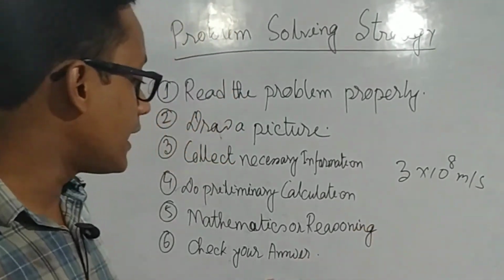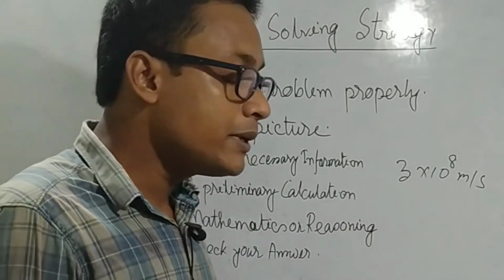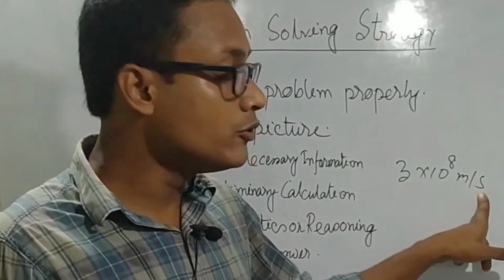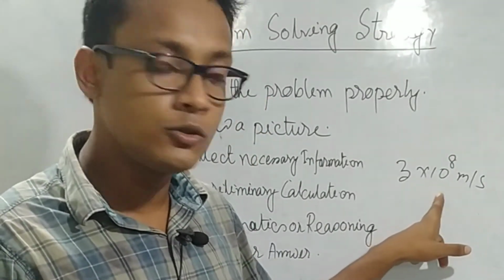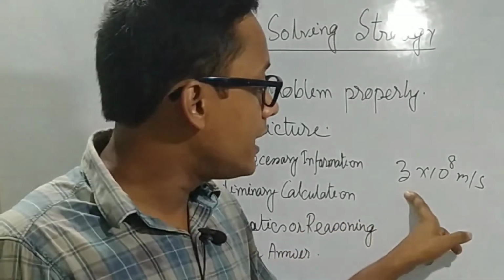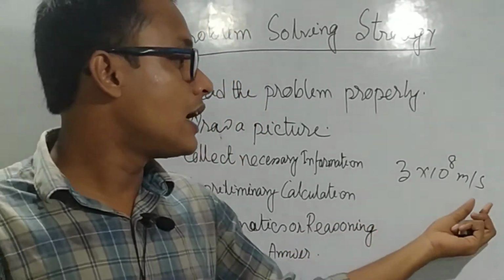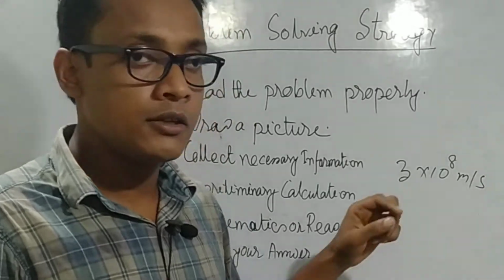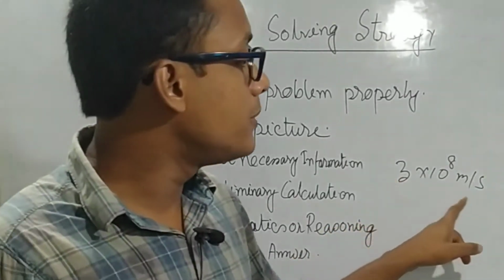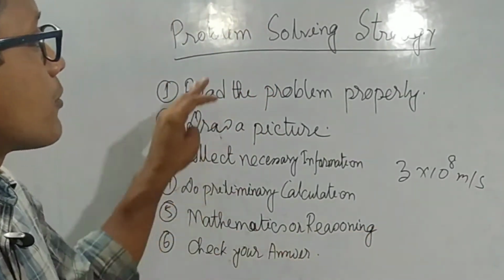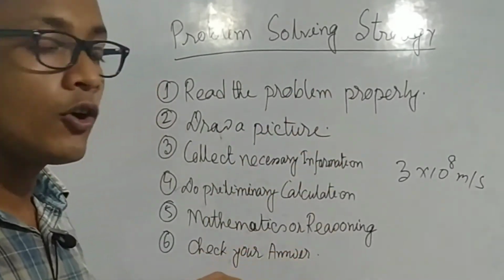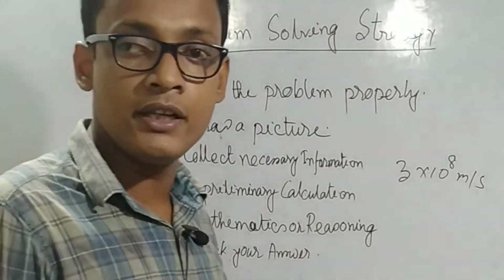We have to remember that an answer in physics with its unit is the proper answer. So always remember a magnitude and a unit. In case of a vector quantity, there should be a direction. So this is the problem solving strategy for all the problems we have to solve in physics.